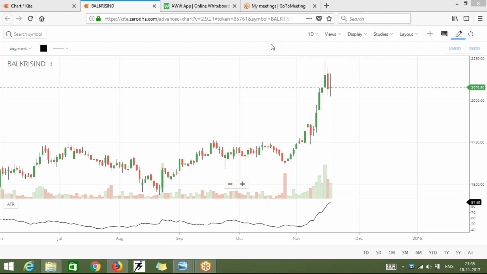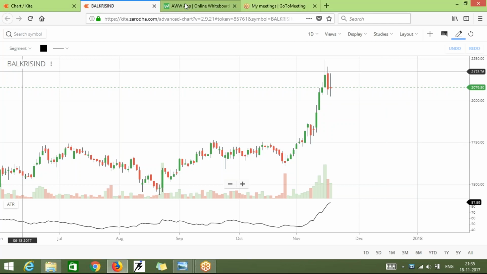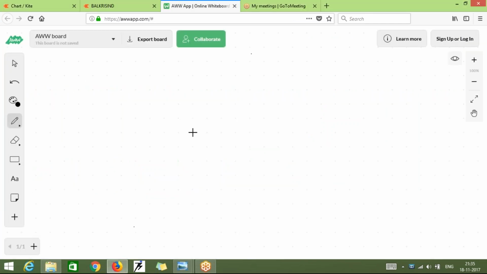Let's move to the next indicator. This is also a very widely used, common indicator, that is CCI. I think everyone might have noted the formula of ATR. We'll be preparing a PDF with all these indicators and formulas, and I will send it after completion of all the indicators. Now coming to CCI.